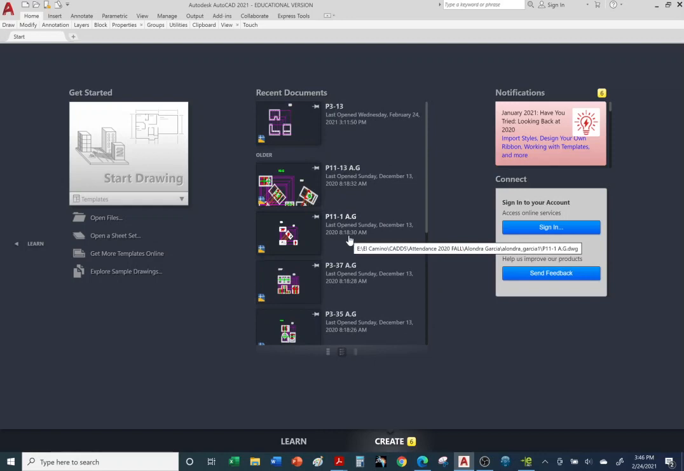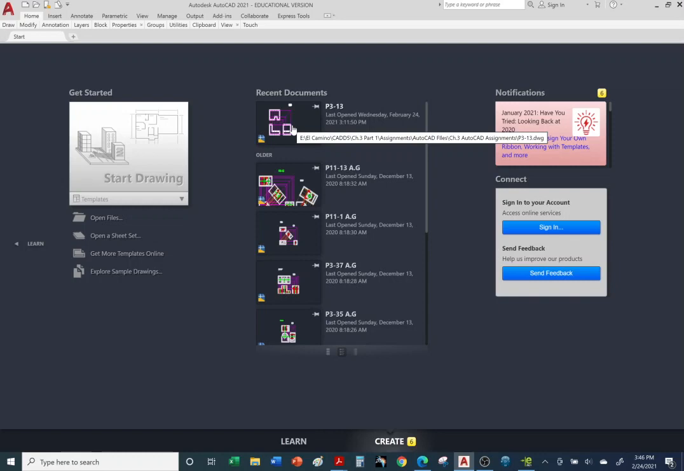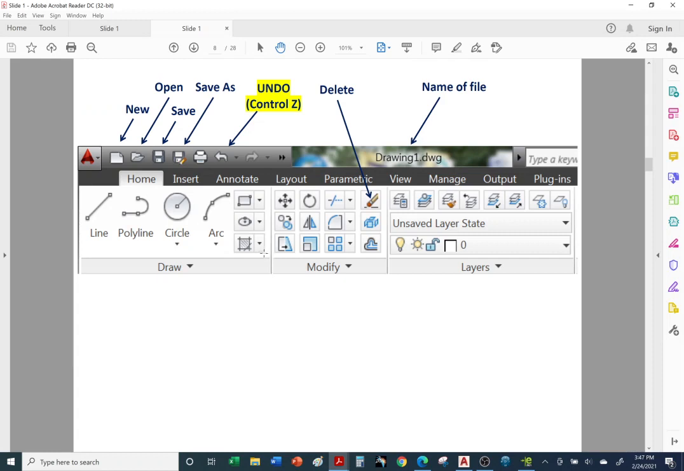All right, so your first assignment will be to complete problem 3-13. It remembers I opened it recently, so I can go here, or I can simply go to File, Open. Let me show you on the PDF file how to open up an existing file. Once again, you can start from scratch, create a new file, or you can open up an existing